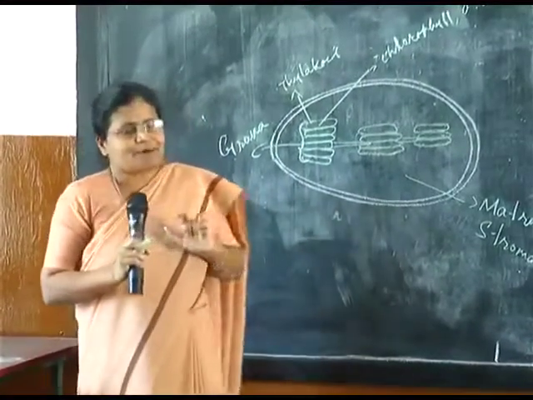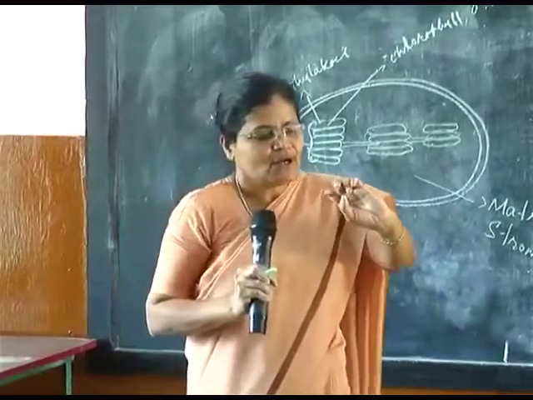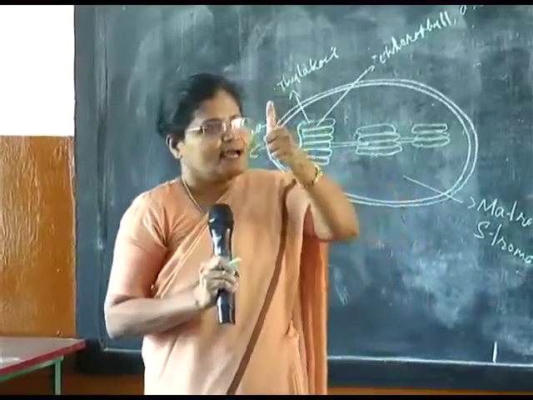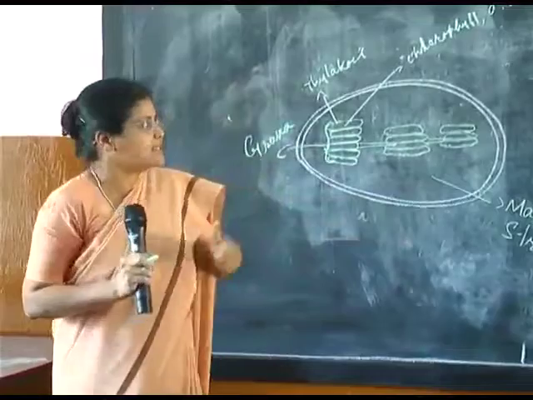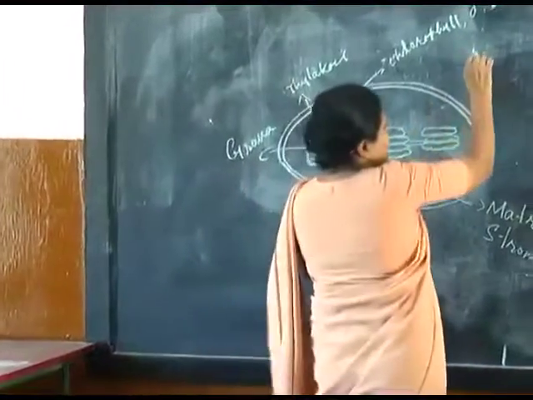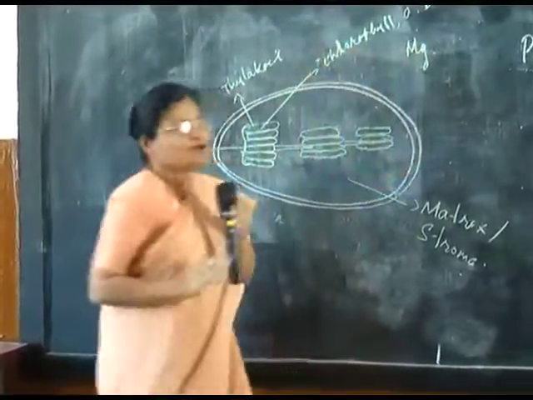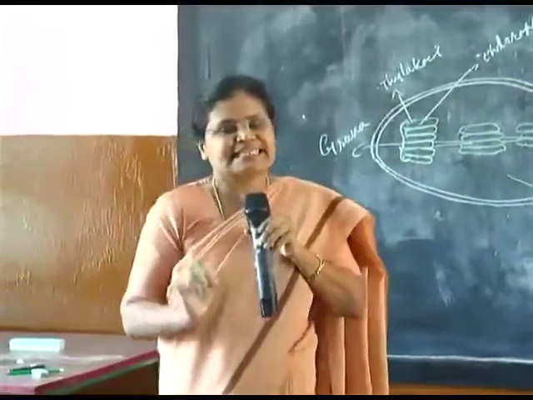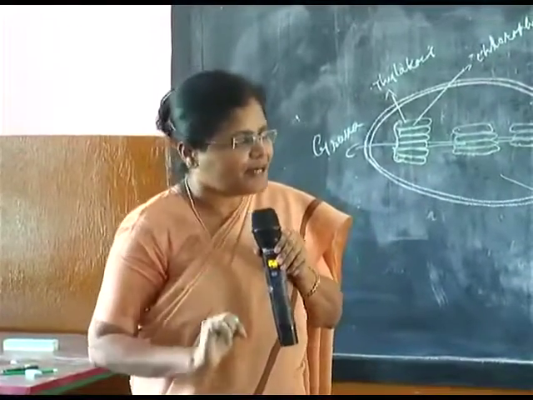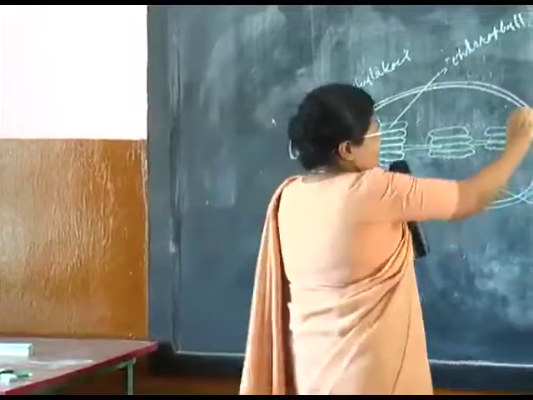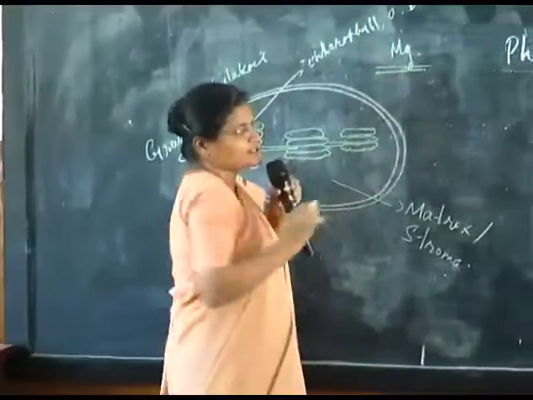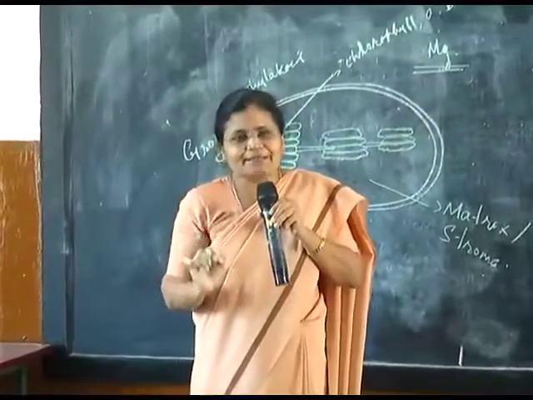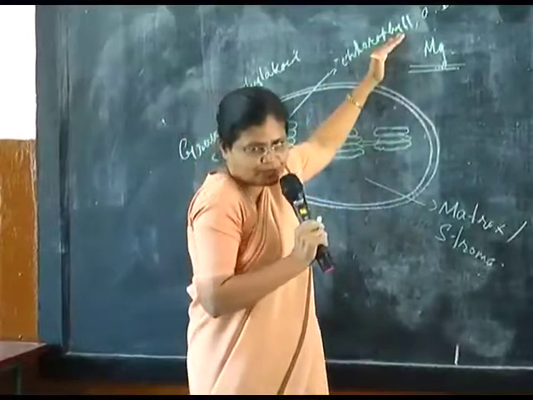And the chlorophyll is made up of carbon, hydrogen, oxygen, nitrogen, and the mineral element present inside the chlorophyll is magnesium. In case of hemoglobin, the mineral ion present inside the hemoglobin is ferrous or iron. Remember, they often ask you in the objective type questions, name the mineral element present inside the chlorophyll.